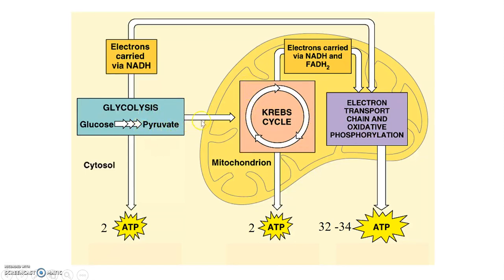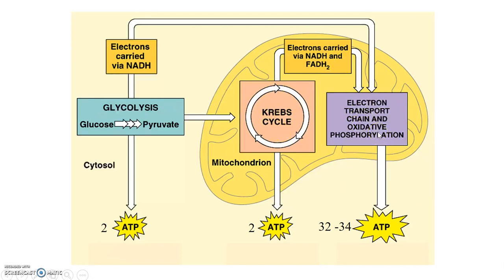These pyruvates then enter the mitochondria, and once they do that, they go into this inner matrix inside the inner membrane here, and they go through a series of pretty complex reactions referred to as the Krebs cycle. That Krebs cycle then breaks those down even further and produces again 2 more ATP molecules, so we have a net gain of 4 by this point. And as those chemical bonds get broken, again more electrons get released. Those electrons get carried over here by NADH again, and a new one called FADH2. And again, these are just molecules that are bringing electrons that are being released from these reactions over here to